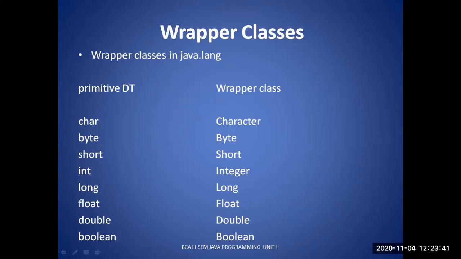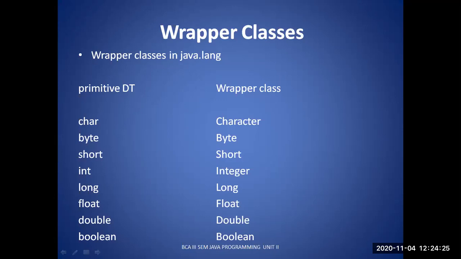See, you can observe here. Apart from Character and Integer, the other primitive data types have been converted into wrapper classes by making the first letter a capital letter, because they are classes here. But according to primitive data types, they are data types, whereas in wrapper classes, they are classes. So primitive data types are converted into classes here. Now these classes contain some methods and constructors like this, which are available in the java.lang package.